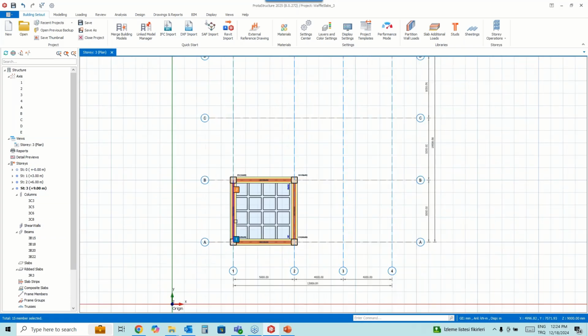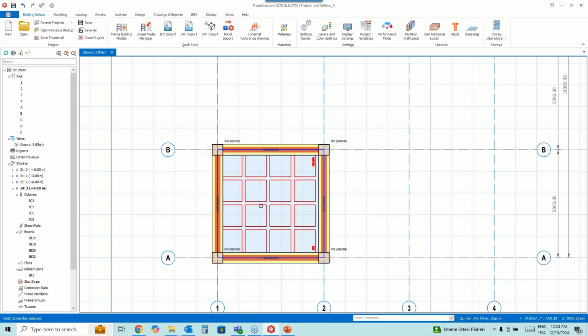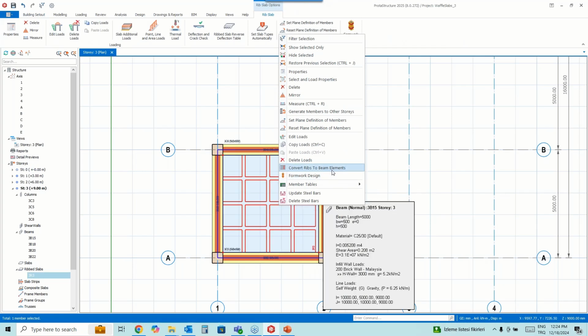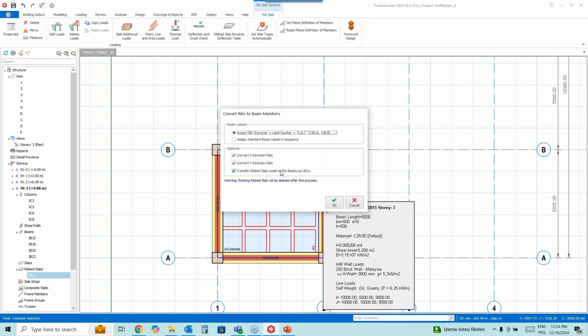In this part, I'm gonna show how you can transform these ribs to real beam elements. So we can use convert ribs to beam elements. If you want, you can transfer the rib loads directly to the frames, but also you can insert the slabs manually as well.